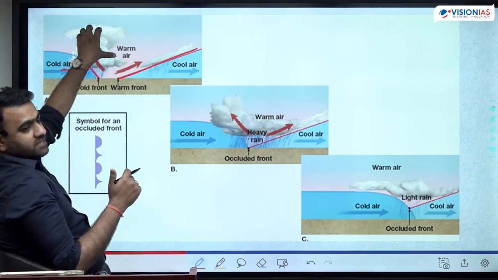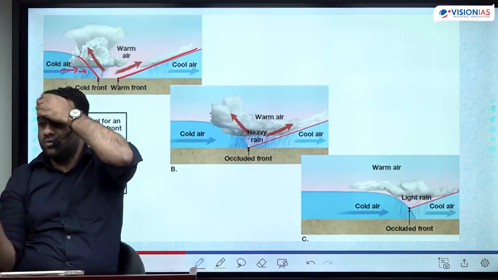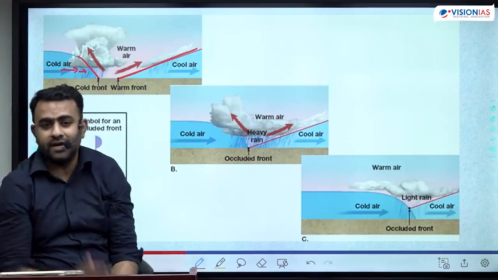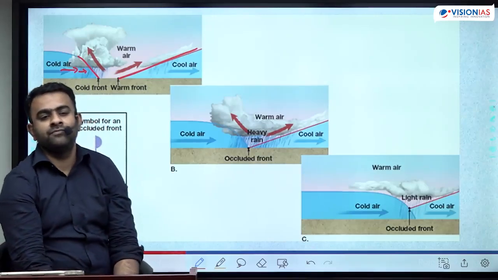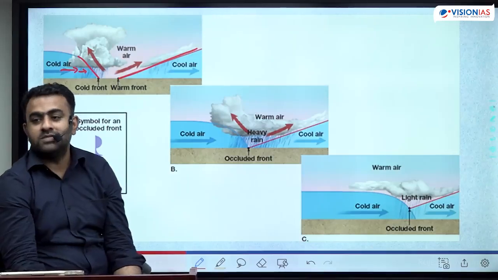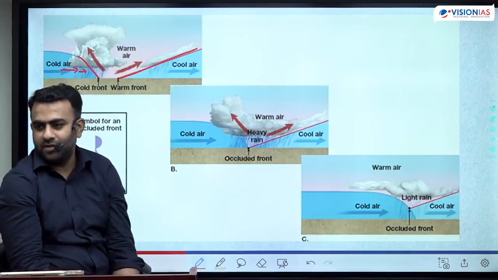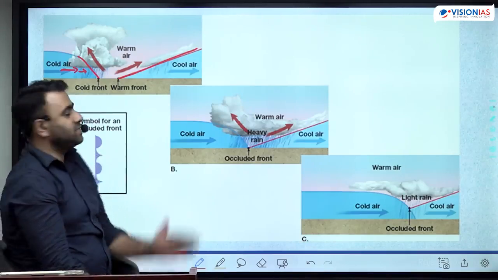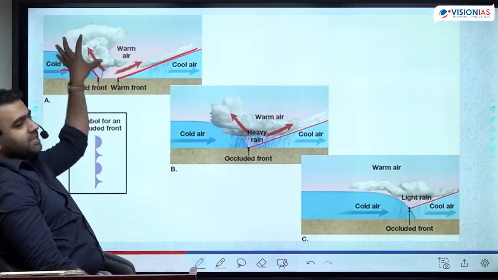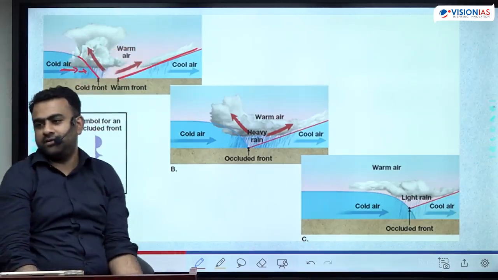What happens to this rising air? It becomes clouds and it cools down, and as it cools down, it loses the character of air mass itself. It is gradually getting mixed with the surrounding atmosphere. So what is happening to the warm air mass? Warm air mass is gradually getting dissipated. It is finishing off. As the front movement comes, it is eating up the warm air from one side. Like it is finishing off the warm air.